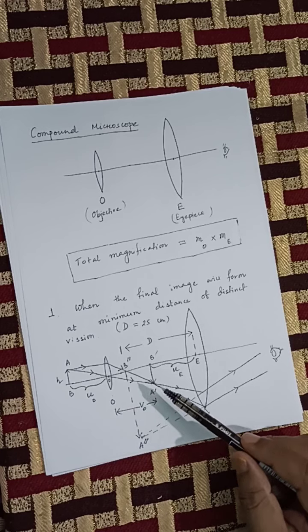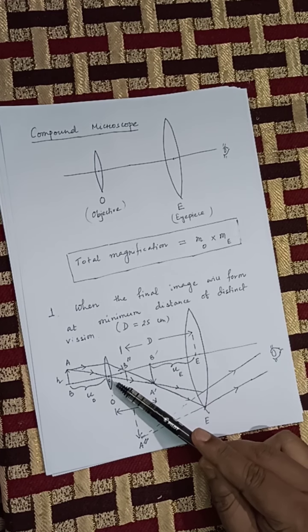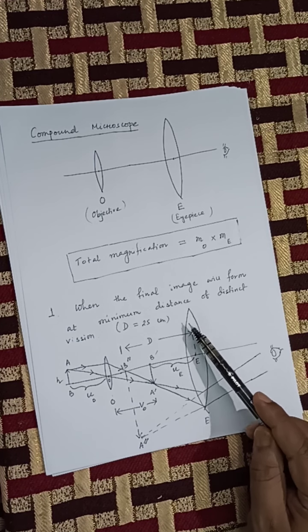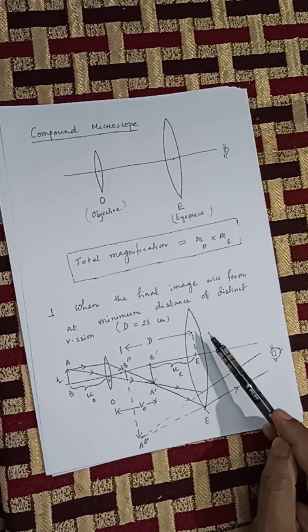And this image A dash B dash of the objective lens will now behave like a virtual object for the eyepiece